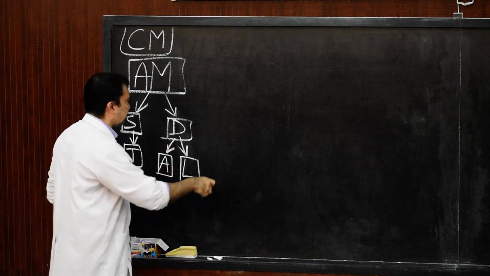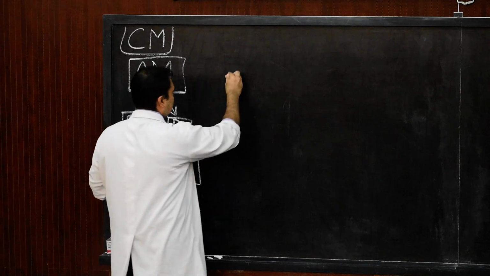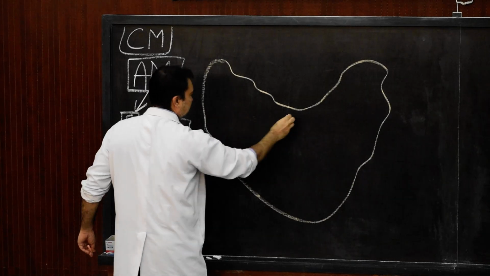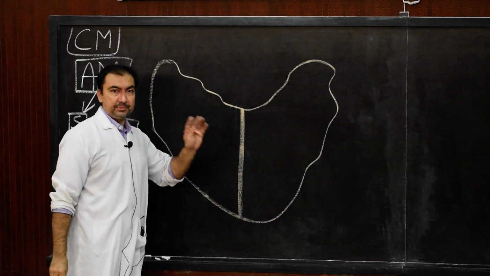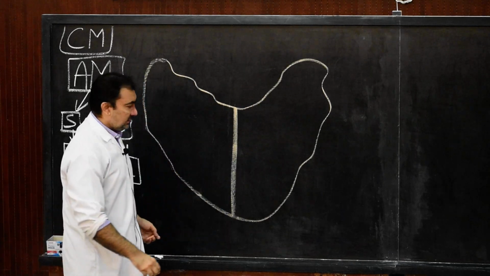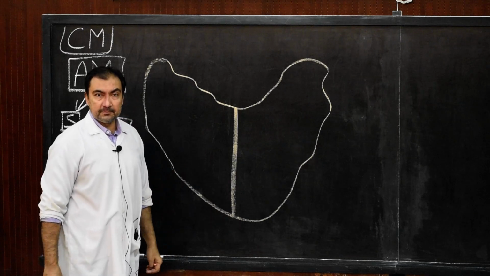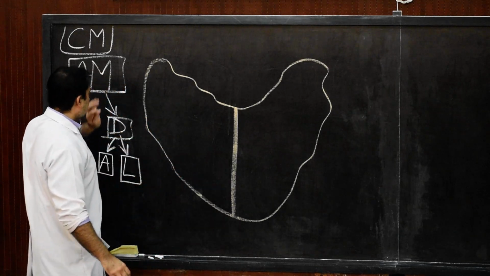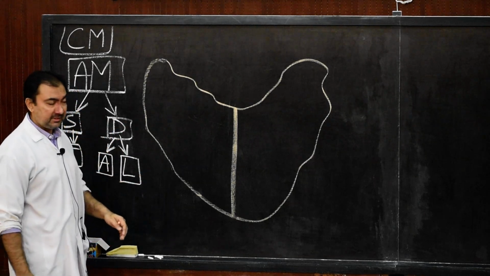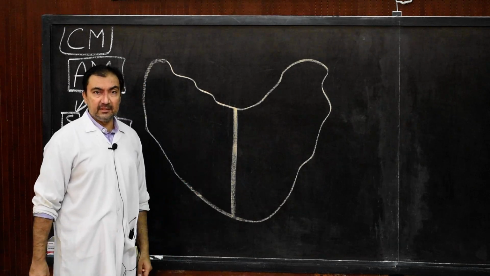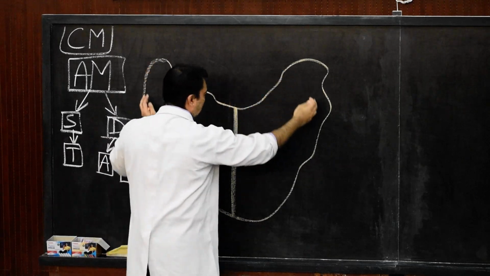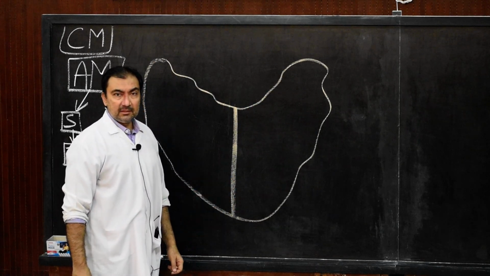Now with a line diagram, very simple. If you simply draw a line diagram, this is the cross section of both the atria and this is the interatrial septum. Supposing this is the cross section of both the atrial chambers. Now the atrial muscles, which we have divided into superficial and deep, the superficial group of muscles are arranged transversely. That means they are common within both the walls of the atria.